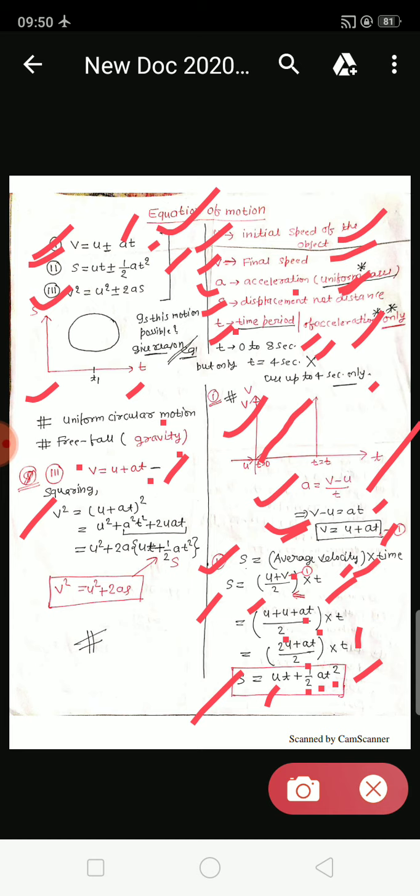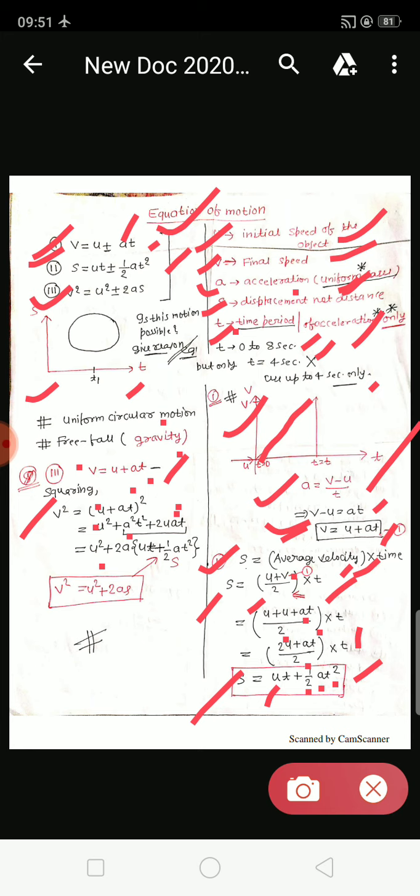You need to remember those simple formulas in mathematics, because I have already told you physics is the deluxe coach of mathematics. So in physics you need to have basic knowledge of mathematics also. So here v square equal to (u plus at) whole square. If you open the bracket, it comes out to be u square plus a square t square plus 2 into u into a into t, because (a plus b) whole square equal to a square plus b square plus 2ab. So here this is a, this is b. Clear? What you need to do, u square is there, you write it simply, plus 2a. From here I have taken 2a common.